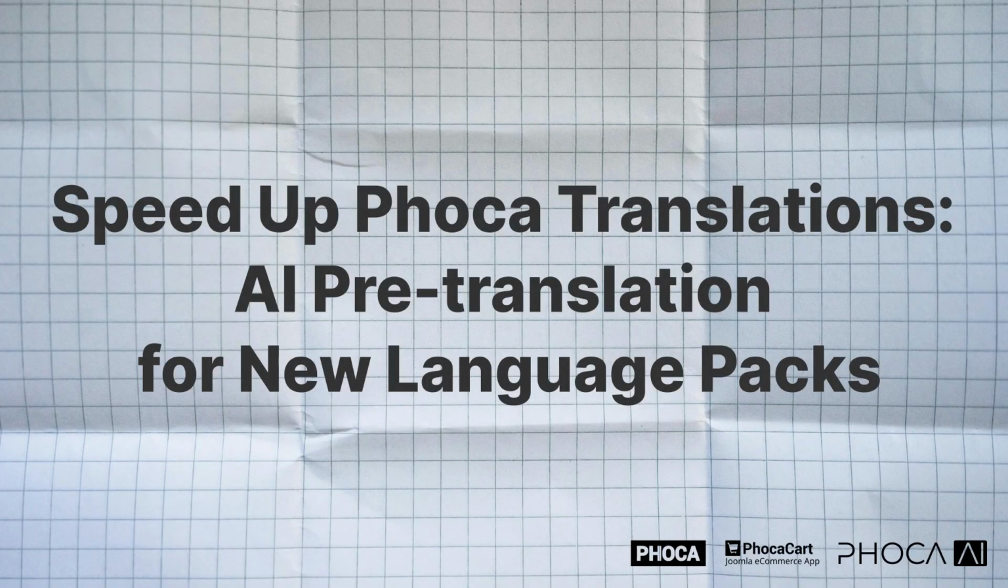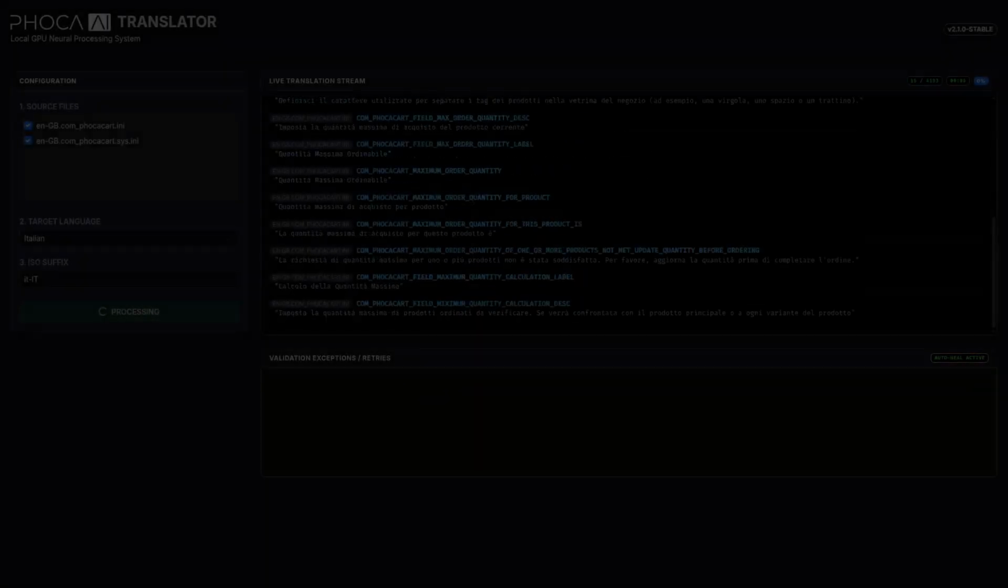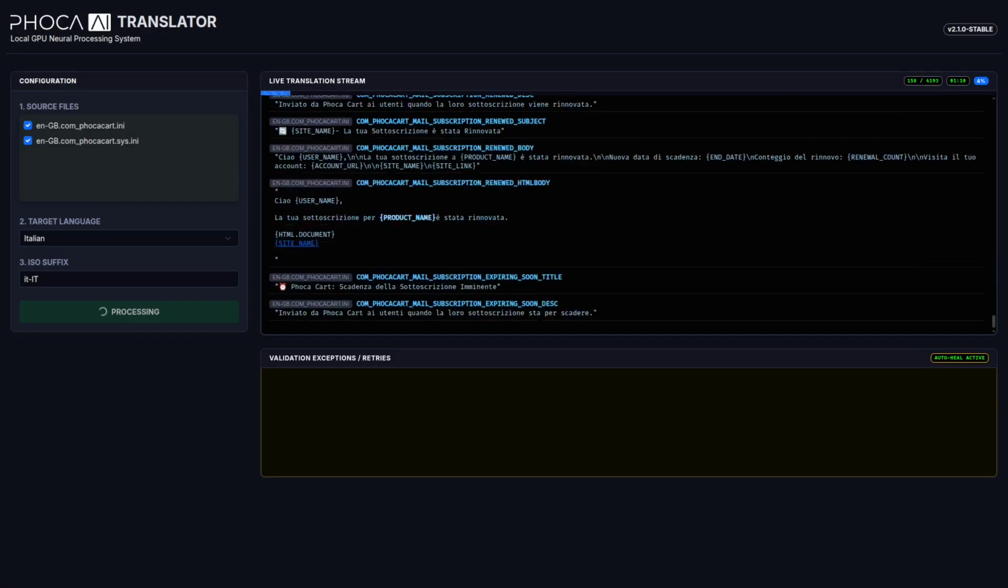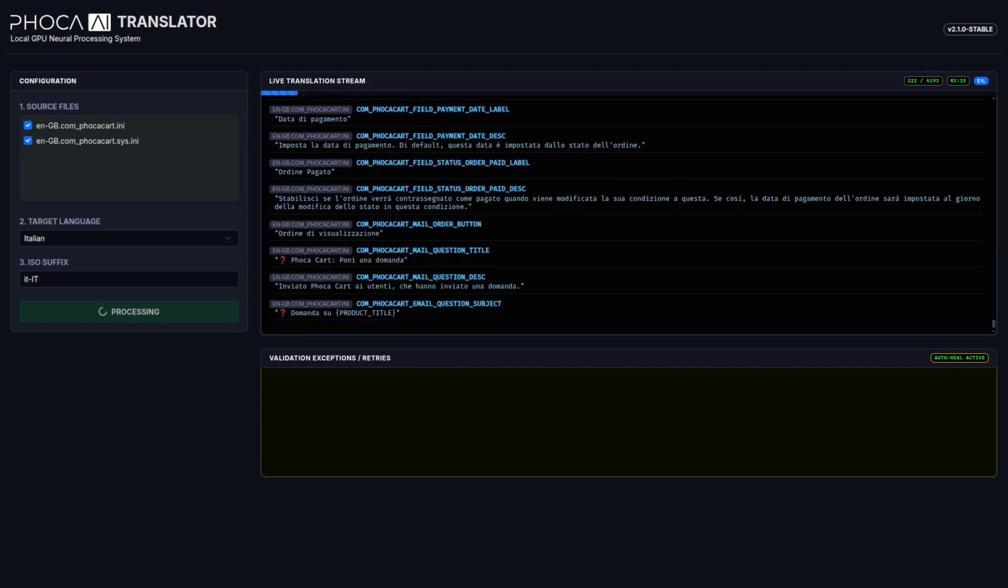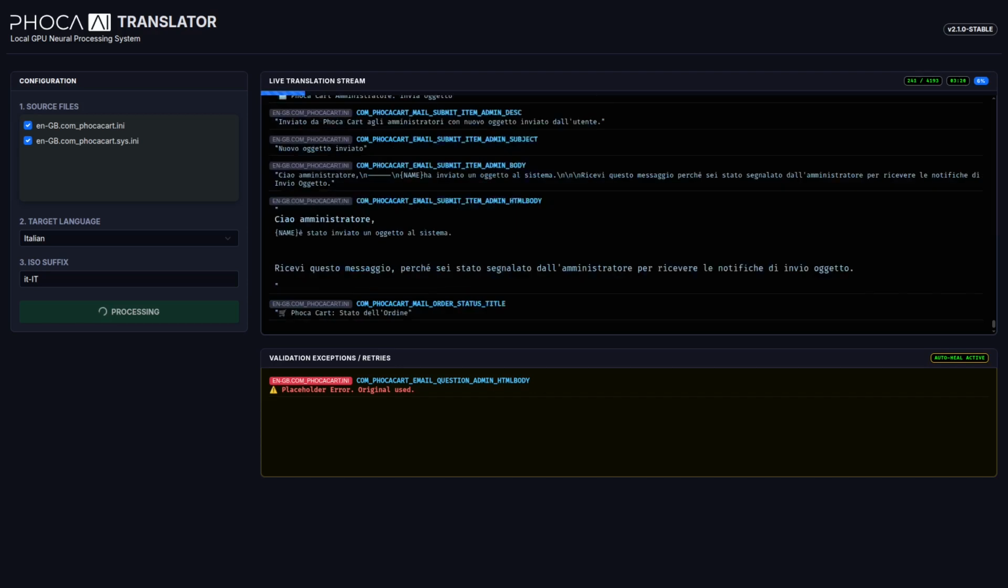Hello everyone, today let's take a look at the topic of translating extensions in Joomla. We will be talking specifically about Phoca extensions. Some Phoca extensions, such as Phoca Cart, are very robust, and for instance, the Phoca Cart extension contains 4,250 lines